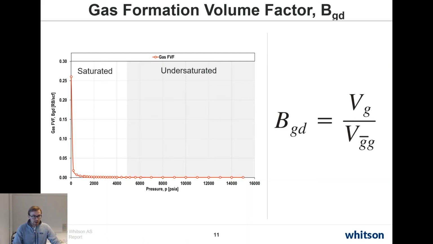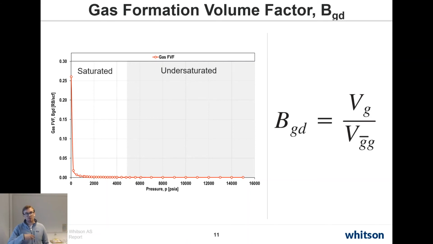As we see on the plot right here, the definition of gas formation volume factor, Bgd, essentially provides us with a very not user-friendly plot versus pressure. And the reason is that you see that these values at very, very high pressure conditions, and the high pressure conditions is typically where this is important for us, don't change that much compared to how much these values change at lower pressure. So you get a more or less unusable plot,